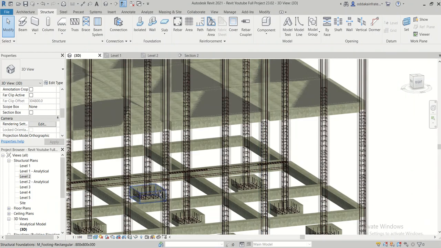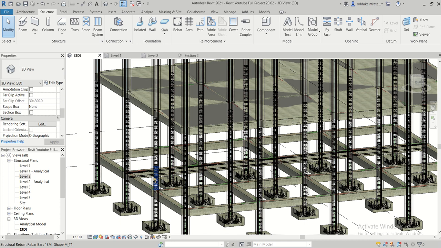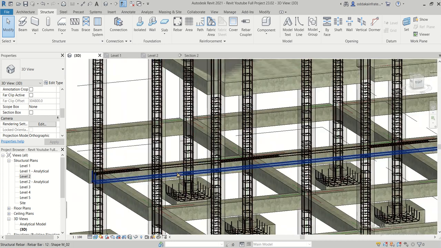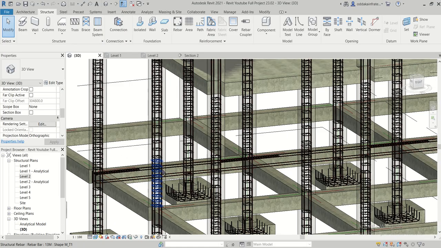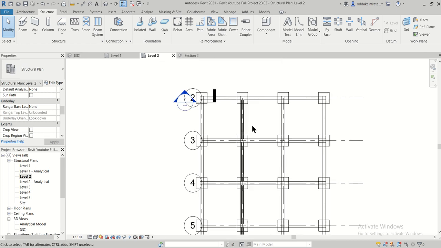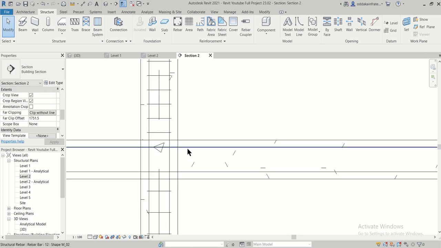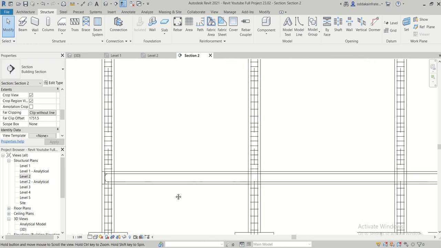So extra rebars at the top which we have provided are 10 mm bars. Now extra rebars at the bottom we need to provide at the center. As you can see, the extra rebars at the bottom are provided at this portion, and 1 bar of 10 mm. So 1 bar of 10 mm let's provide here. So we'll just go to level 2, or we'll go to section 2 rather, and we'll start providing our bars.